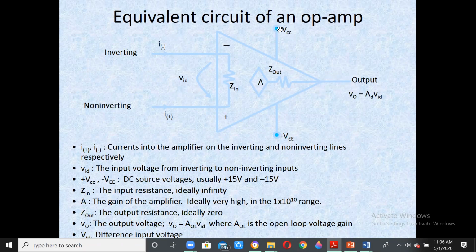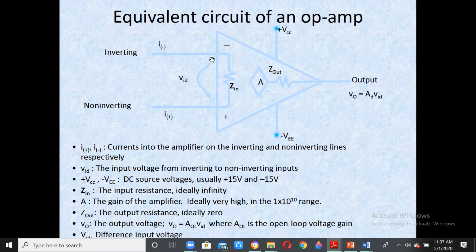The maximum value which can appear at the output is always plus VCC. And similarly, the minimum value at the output cannot be lesser than this. So remember that if this value is 20 microvolts, and A is 10 to the power of 6, then we are not going to get 20 volts here. We are going to get the saturation voltage of plus 10 volts only. Depending upon the sign, again, because which is having higher polarity and which is having lower polarity, it all depends, because we are putting plus and minus over here.